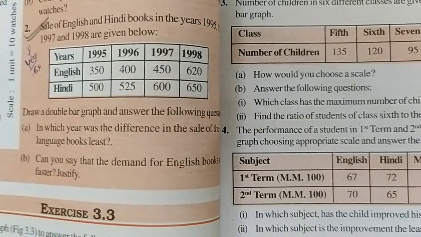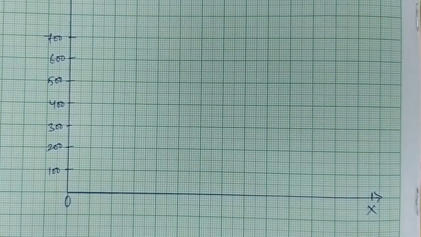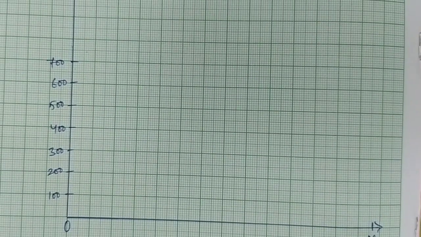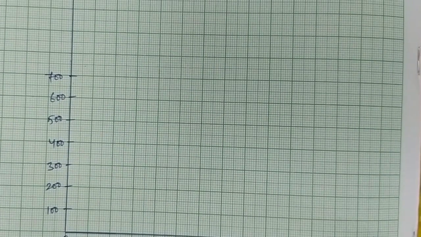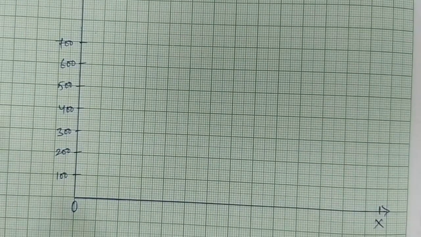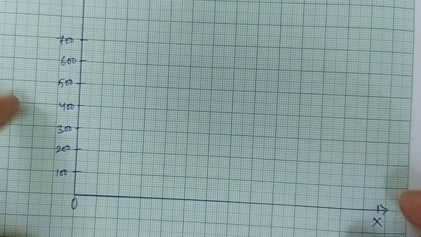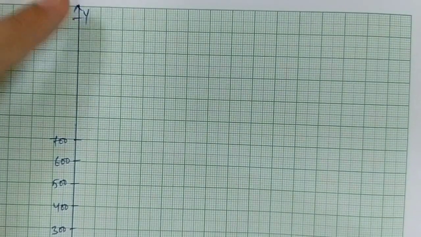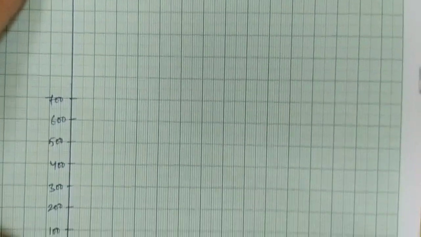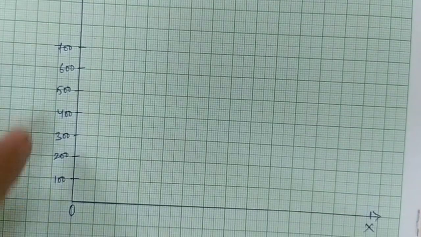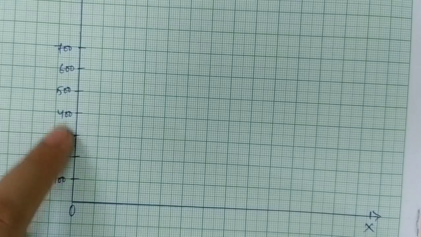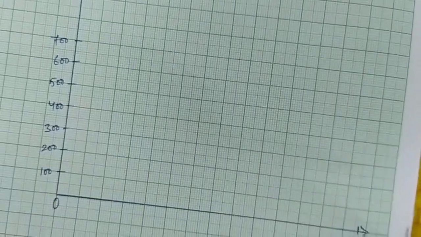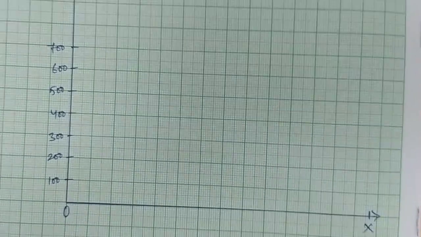सो आई हैव टेकन वन बॉक्स इज इक्वल्स टू 100 यूनिट्स, and now we are drawing a double bar graph. So 100 यूनिट लेने पर मेरा छोटा सा ही ग्राफ में कंप्लीट हो गया। अगर मैं 50 लेती तो मुझे 12 लाइंस की ज़रूरत पड़ती। यहाँ पर 7 लाइंस की ज़रूरत पड़ रही है, 1 2 3 4 5 6 7 लाइंस के अंदर कवर अप हो पा रहा है, ठीक है।